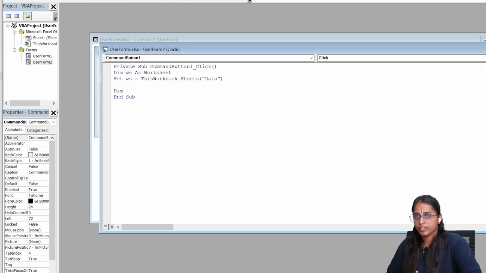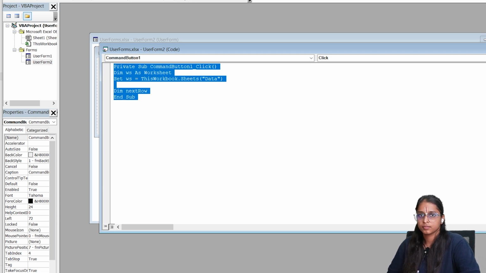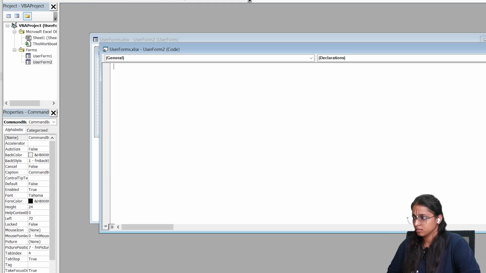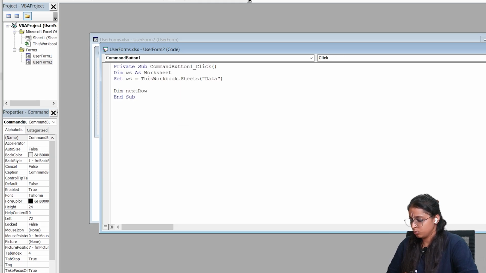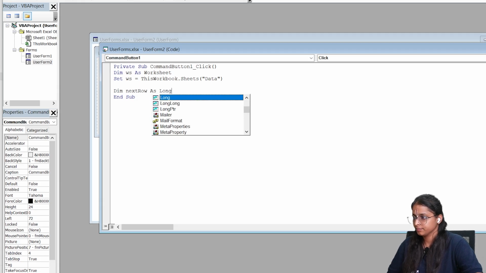I'll define a new variable, dim next row as long.